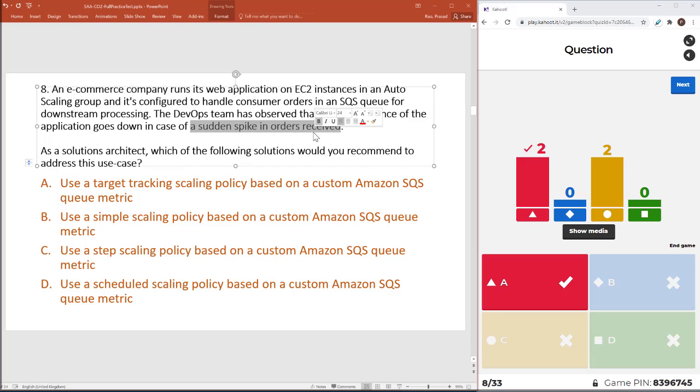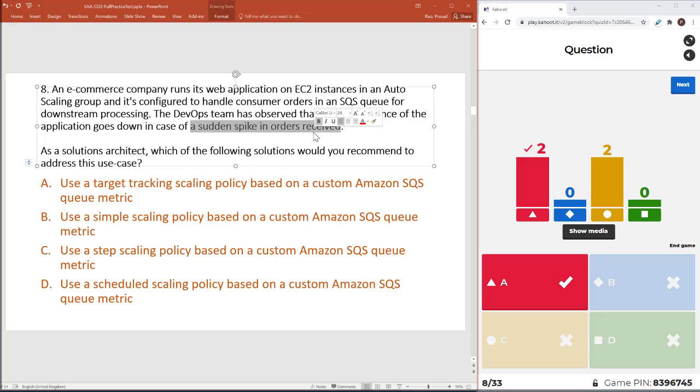If we do it as step scaling, then what will happen is that right now I have 1 instance, and the queue has gone to 50. This one would try to process as many as possible. The CPU would increase to, let's say, 70-80%. Then it will see that my CPU has increased this much, so I should add one more. Because it is step scaling, it is going to keep incrementally adding. So this is going to help, but it is not going to help as much as a